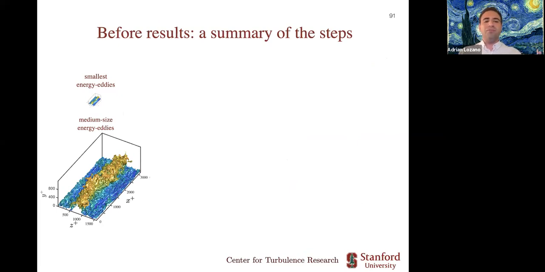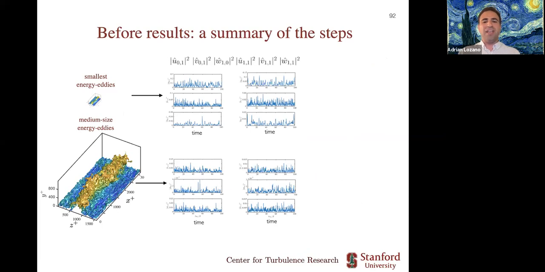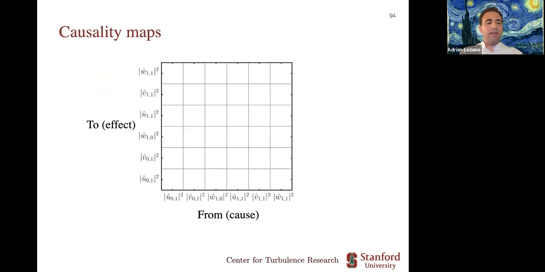So I have these simulations. These are the set of the signals. And now let's compute the causality between all these signals. For that, I'm going to need only one plot. At the end of this, I'm going to look only at one plot that is going to tell me if the dynamics in the small and large box are similar or not. And this is what I'm calling here a